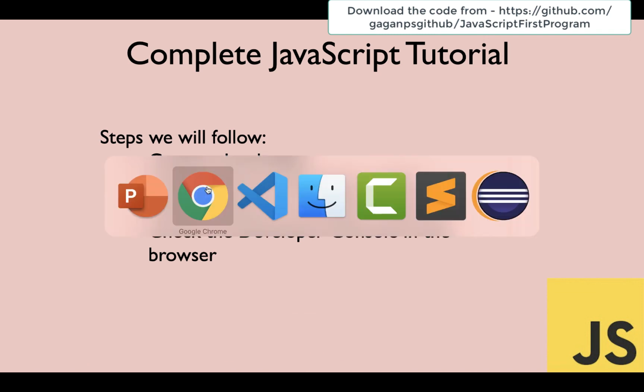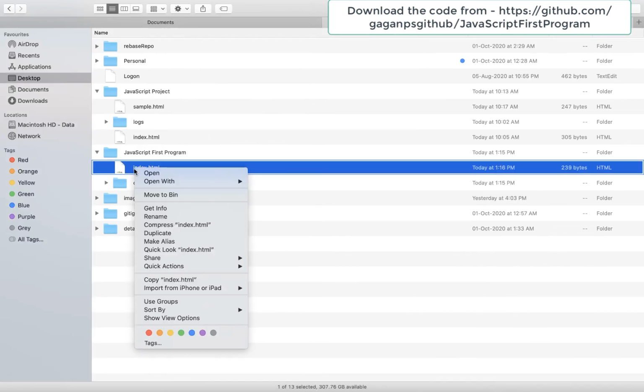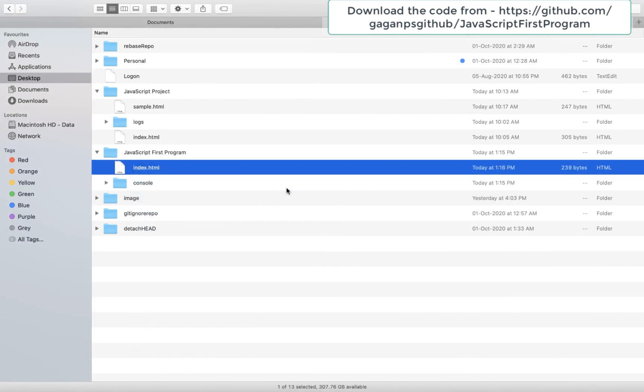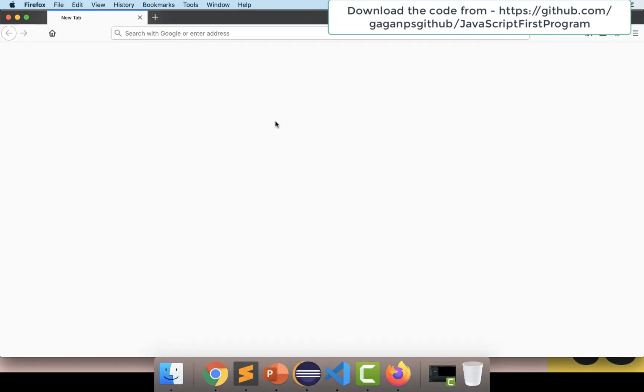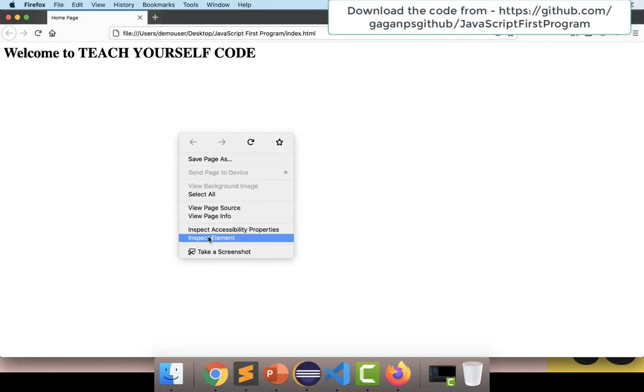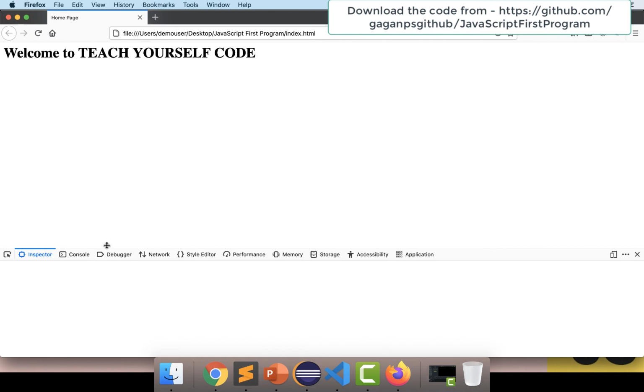Also, if you want to see it in other browsers, I can go here and I can open it in, let's say, the Firefox browser. If I open a Firefox browser, we can check the same over here as well. If I just do a right click and go to inspect element, go to console, you can see it's also printing over here. The same thing can be performed here as well. So you can see it is doing the same thing over here as well.